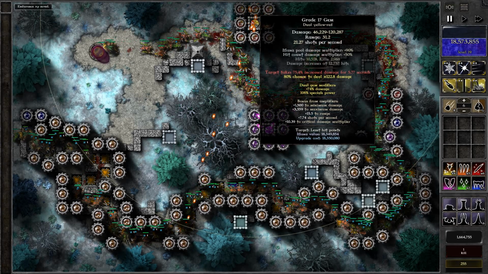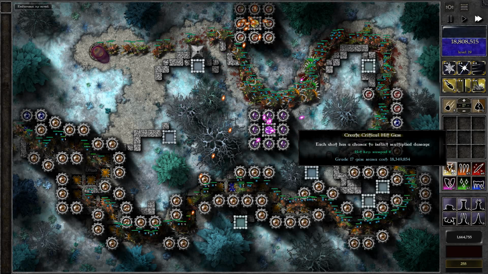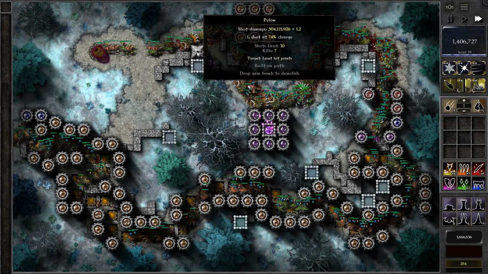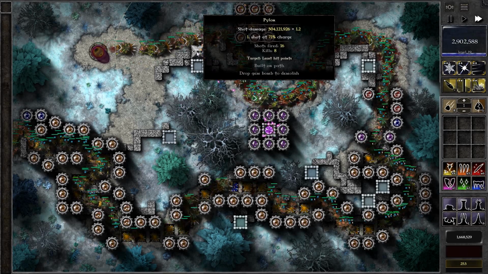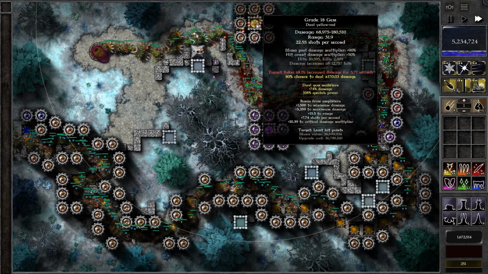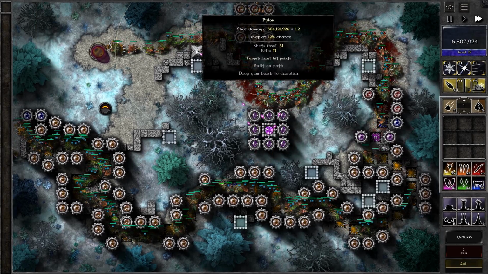Let's see. I've got really good red component happening here, so I may as well just go ahead and shove another full yellow on here. Give it some bolt action. And now comes the party trick. Watch this. Pylon does insane amounts of damage because it basically vibes off the amount of damage that's coming into it. So this grade 18 gem with a lot of yellow damage multiplying from the critical hit gem plus the bolt damage itself gives this an insane...